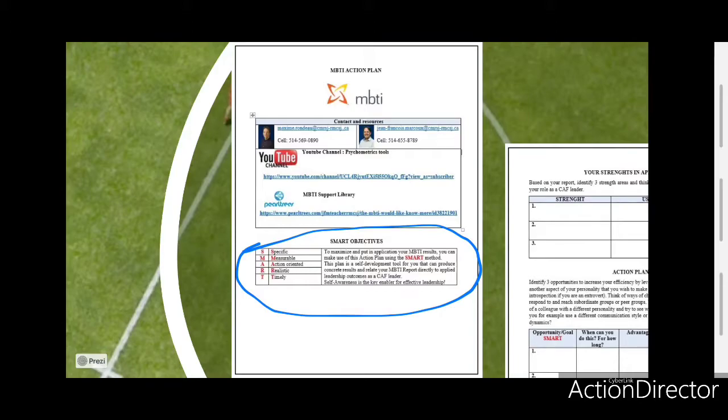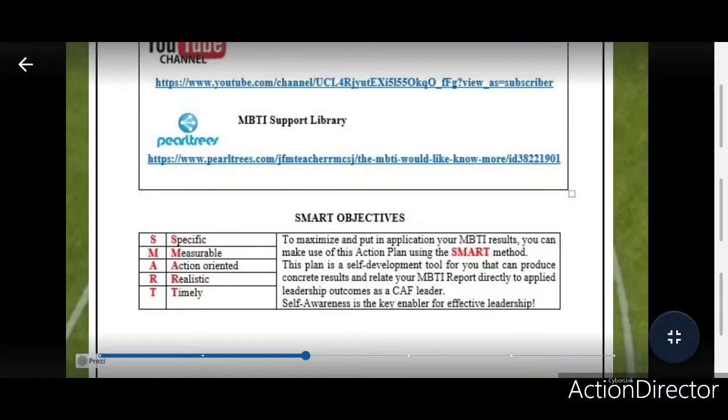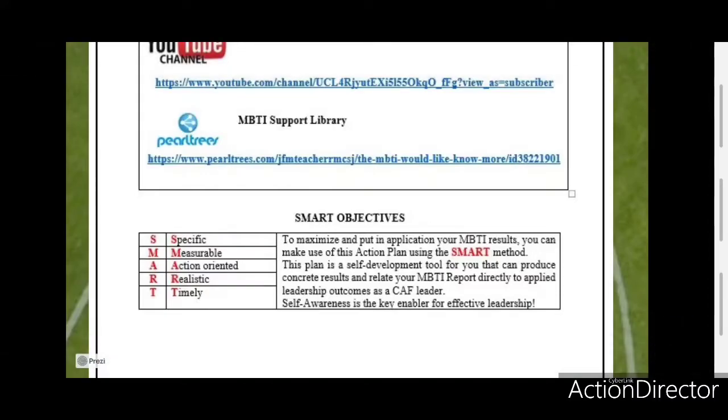So now those SMART objectives, this is one method in how you can design objectives for yourselves. So first, SMART, what does it mean? It means specific, measurable, action-oriented, realistic, and timely. Basically, in a nutshell, what this means is you're going to be designing goals that are precise, that have a look and feel that you can measure, that are action-oriented, meaning you're going to have to do something about it, and that are realistic in their application and in the results they could bring, and that are timely, meaning you don't want to set a goal that is 10 years down the road.